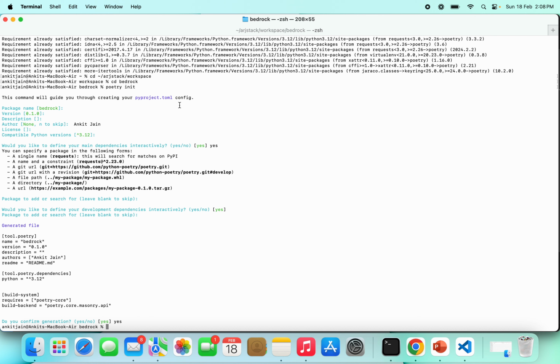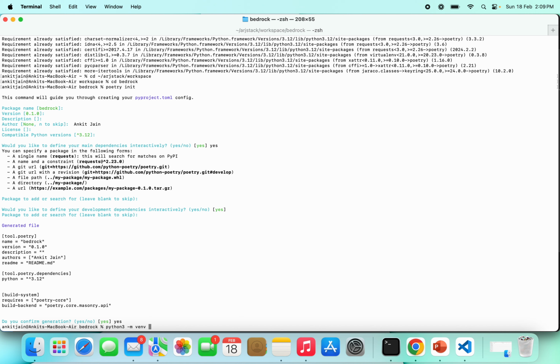Let's take an example. You are working on multiple projects and you are not creating any virtual environment. The dependencies that are there in different projects will directly be installed on your system and can bring some conflicts. So it is always recommended to create a virtual environment first and do everything regarding that project in that virtual environment only. So what I will do, I will create one for this project now,